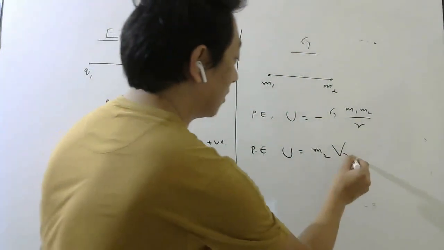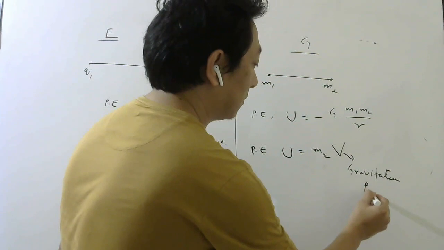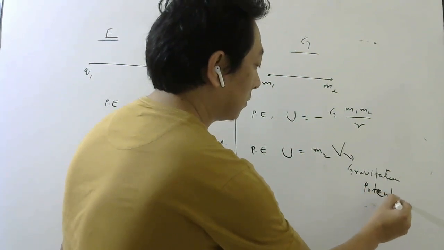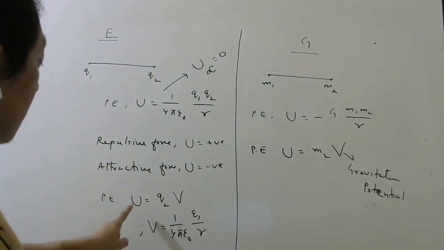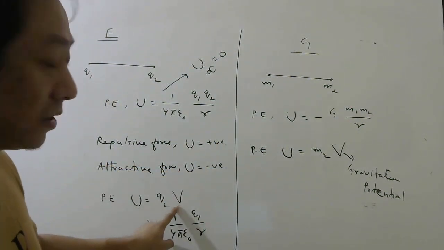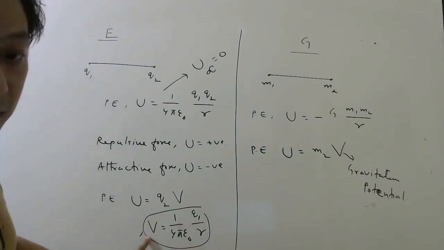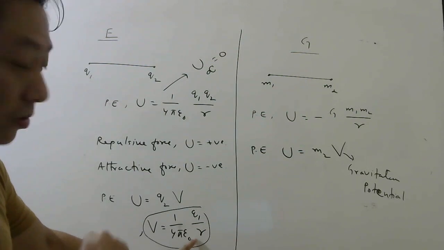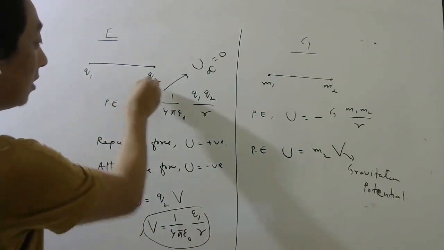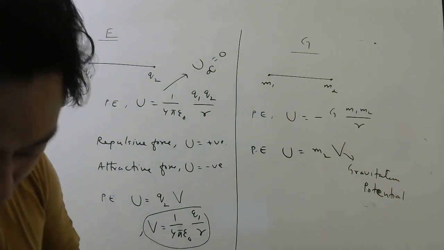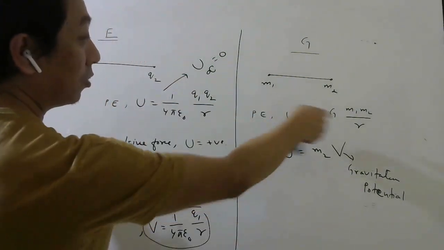This V is called gravitational potential, and this is gravitational potential energy. Just like this is electric potential energy, this is electric potential. And this is the formula for electric potential at a distance r due to this charge. This is the source charge. So when you write this formula, we bring a unit charge, remember. So this is potential energy between two point charges or two point masses.